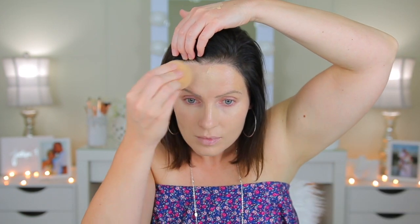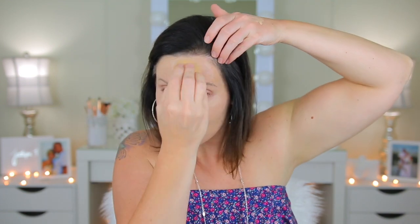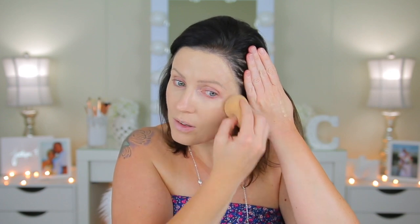This foundation, I like it to kind of sheer out a little bit. I don't need as full coverage these days because my skin's looking so good, which is great. Because with full coverage foundation, you have to cover up acne, but then you also get acne if you have to wear thick makeup all the time. So it's a no-win situation. So I just wear the least amount of foundation I possibly can, and I wear it very sparingly. Like, I won't wear it to work